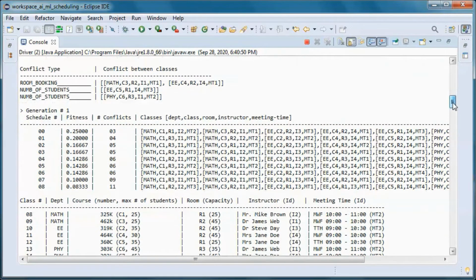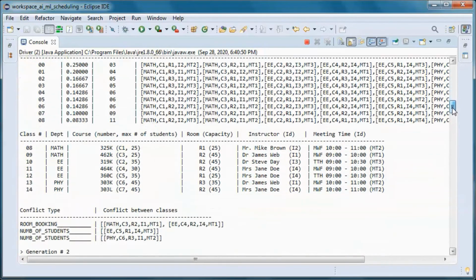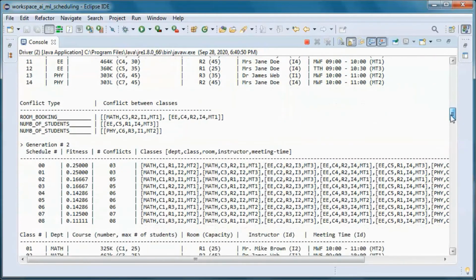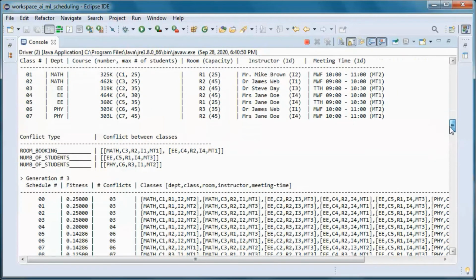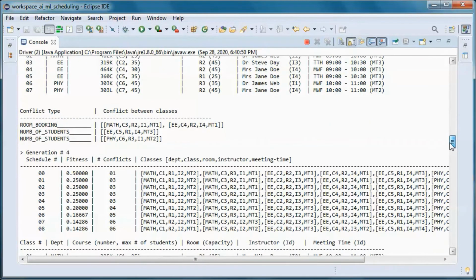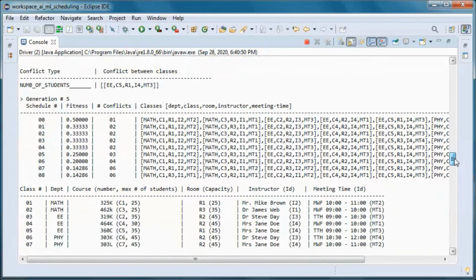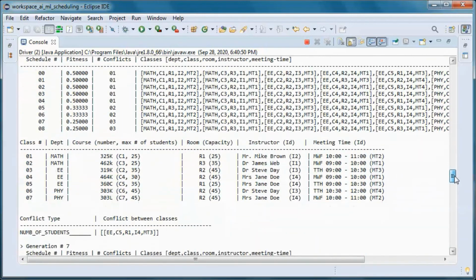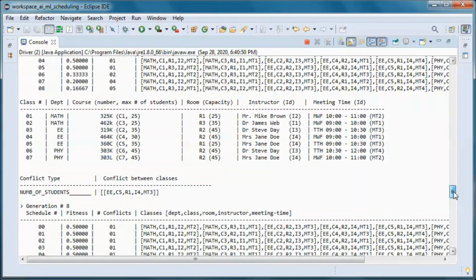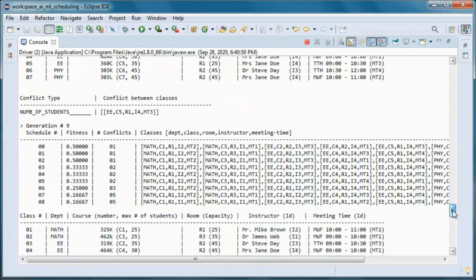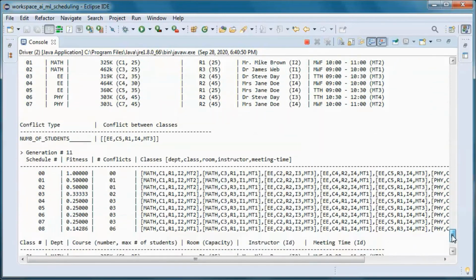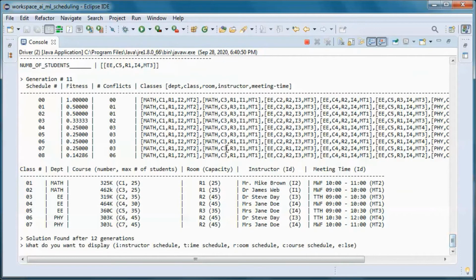So we went to generation 1, where we still had 3 conflicts, and then generation 2 still had 3 conflicts, 3, 4, we only had 1 conflict, then 5, until we got to generation 11, where we had no conflicts.